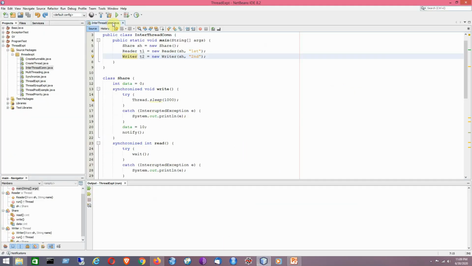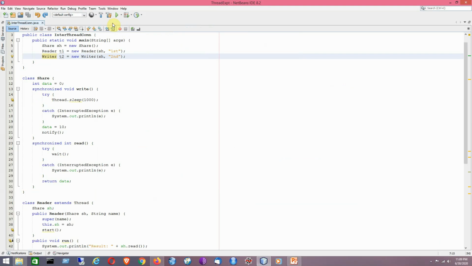So here comes our code. Now I am going to explain the code. This code has a similar structure to what I discussed in the previous tutorial on Java thread synchronization. Here we have a shared object, which comes from the class named Share.